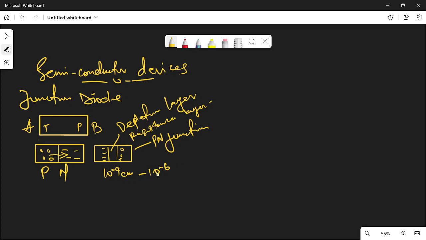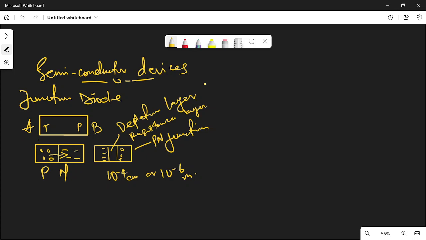Sorry, what am I saying? The thickness of this junction here is either 10 raised to power minus 4 centimeter or 10 raised to power minus 6 meter. So that's that. The junction is also called the depletion layer, like I said, or you call it the resistance layer, because it prevents a further flow of charges. Because of this particular boundary here, there is no flow of charges. Are you together now? So we have that as a PN junction.